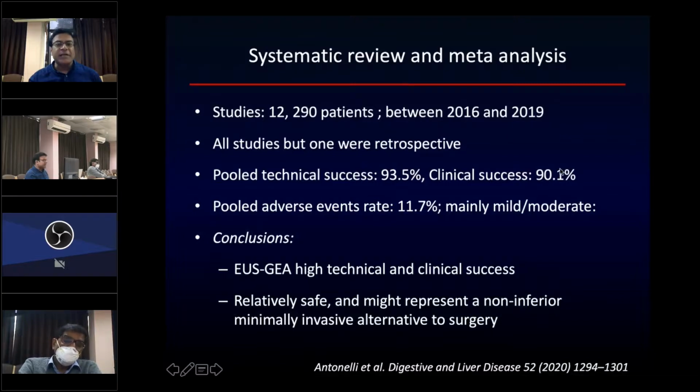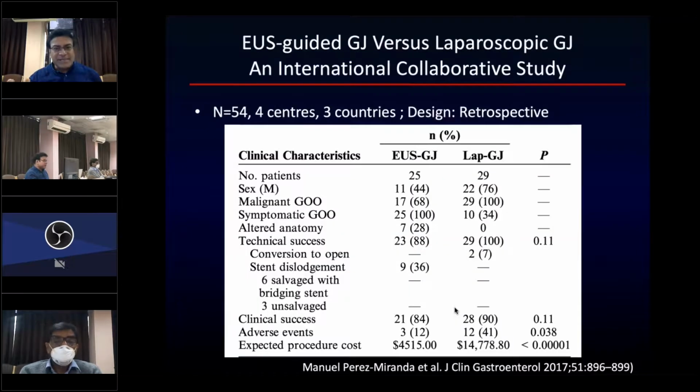Again, high technical and clinical success, and the conclusion of the systematic review was that it achieves high clinical and technical success, is relatively safe, and might represent a non-inferior, minimally invasive alternative to surgery. So this is a study which compares EUS-guided gastrojejunostomy versus lap gastrojejunostomy, and what is shown in this multicentric study, again a retrospective one, is that adverse events and the procedure cost were significantly more in patients who underwent a lap